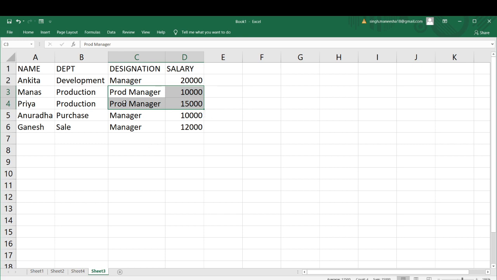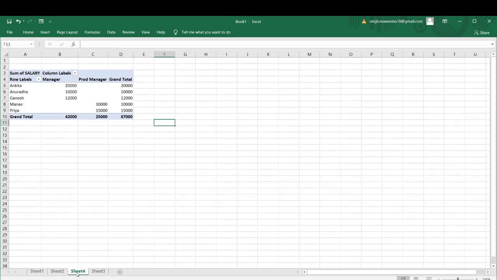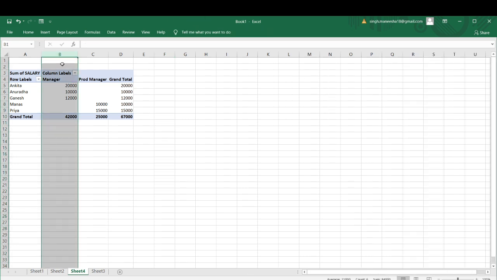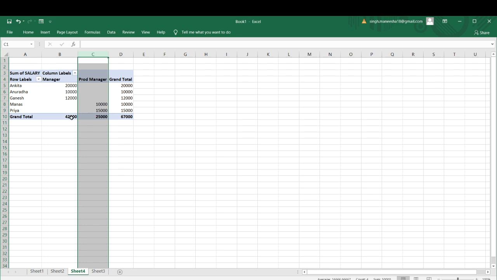But doing this takes lots of time. So to analyze the data, summarize it and present it in a good way, we use a pivot table. See, all the managers have come in a single column, the production managers have come in a single column, and now you can add it.